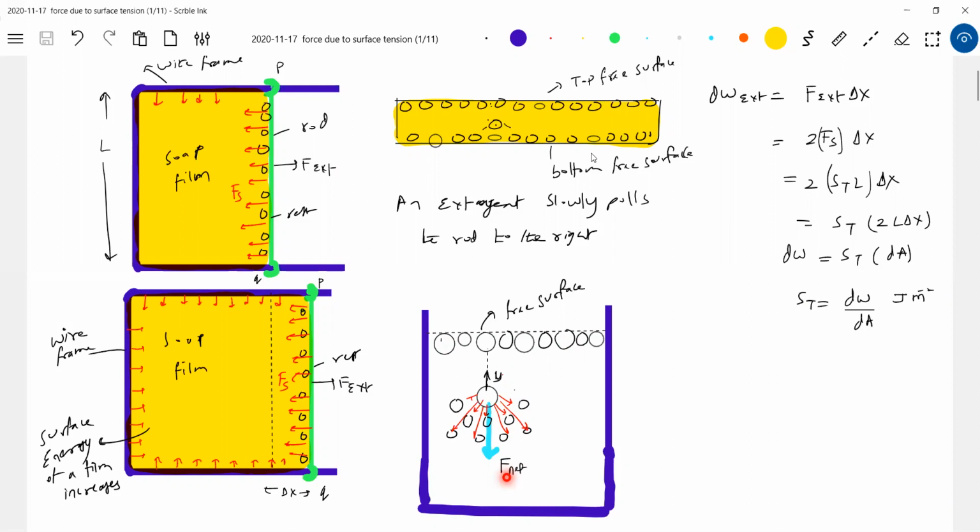You go back to the work-energy concept. If a force does negative work, energy increases, potential energy increases, not gravitational potential here, but surface energy. Then it should be a conservative force. This idea you have to recollect from work done. So what is the conclusion I make here now? The force due to surface tension is a conservative force. When it does negative work, surface energy increases. When it does positive work, surface energy decreases. If surface area increases, surface energy increases. If surface area decreases, surface energy decreases. I'm talking about the free surface, the layer of liquid exposed to the atmosphere.